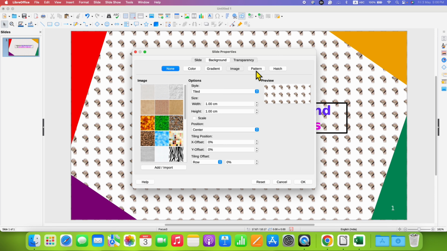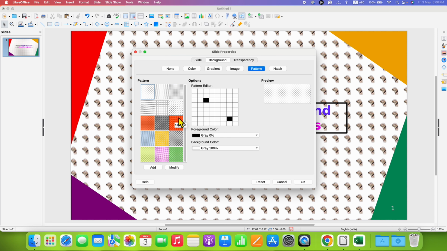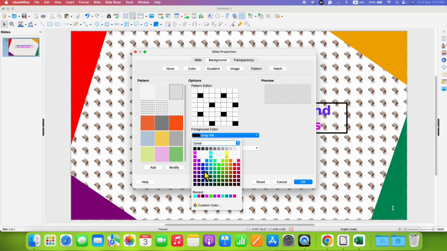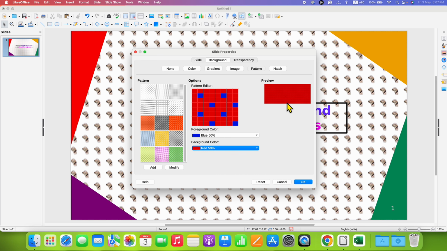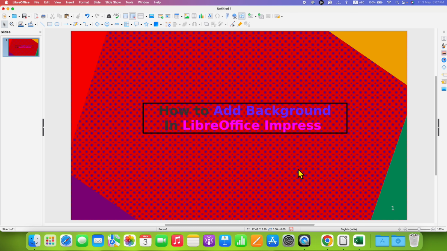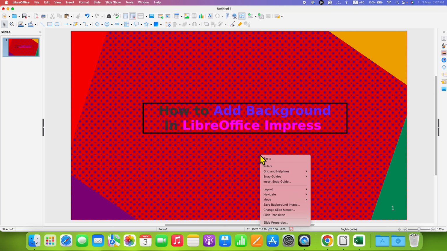If you go to the pattern option, you will see here different patterns. If you are interested in pattern field, you can select any one of the pattern. For example, we will select this one, and you can select the color of the pattern, for example blue, and maybe some other color. So you can see the preview and then click on OK,